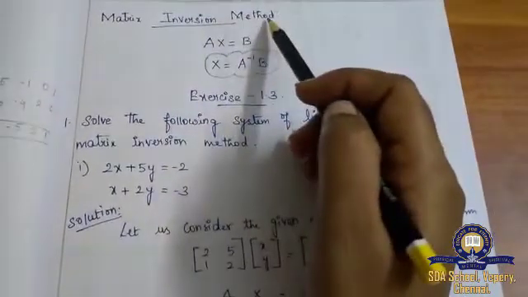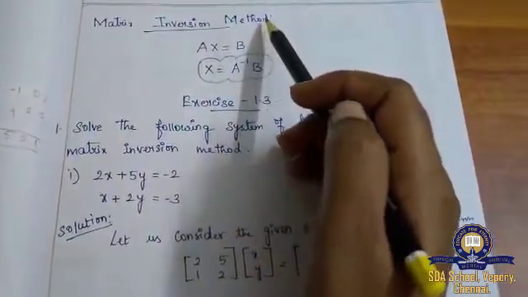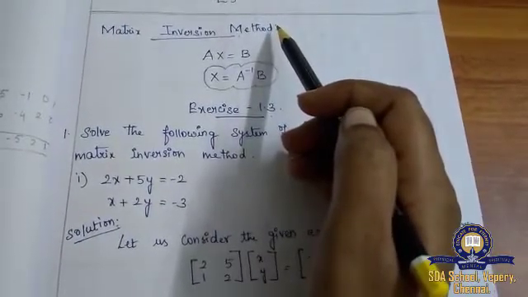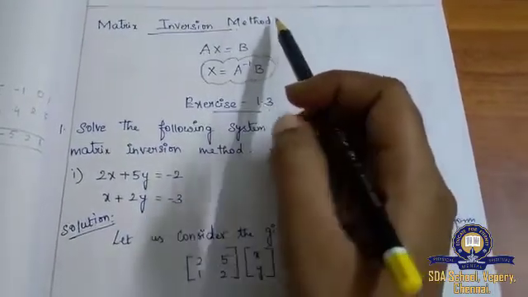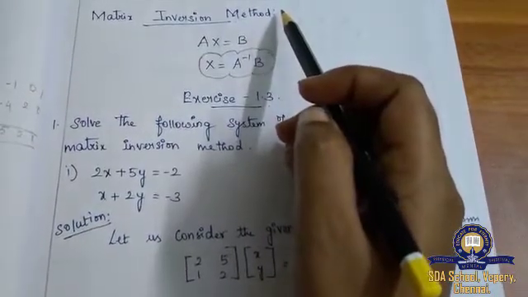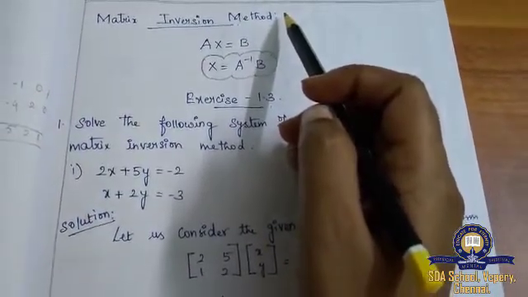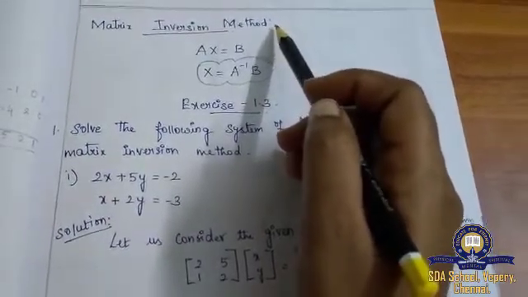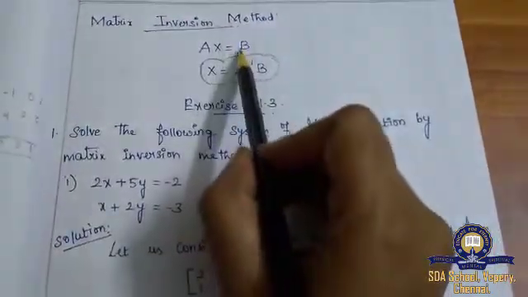Today we are studying the matrix inversion method. The last things we have studied are the inverse of a matrix, the adjoint of a matrix, the Gauss-Jordan method, and finding the rank of a matrix using two methods, right? So this is another method, which is called the matrix inversion method, and the formula I have given here is,